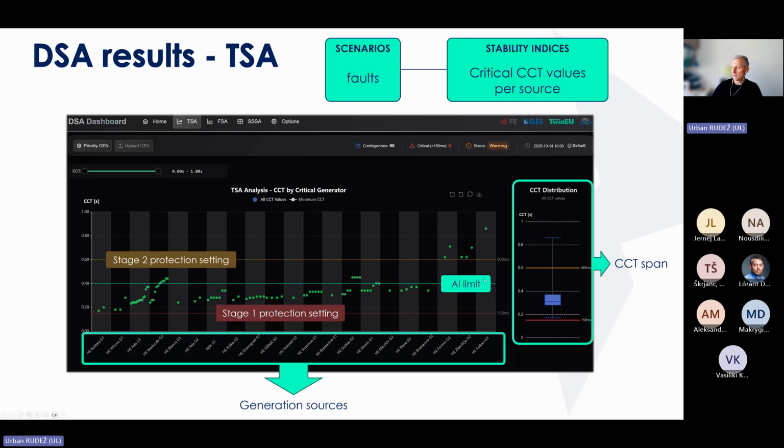This is basically the arbitrarily set limit above which, for the CCTs which are above this limit, we do not run any kind of time domain simulations, because those are situations which are not critical. For all the values below this, the AI suggestion is considered only as an initial guess, but we double check all the results with time domain simulations. So all of the values below this limit are double checked with time domain simulations, but the number of those simulations is drastically decreased.